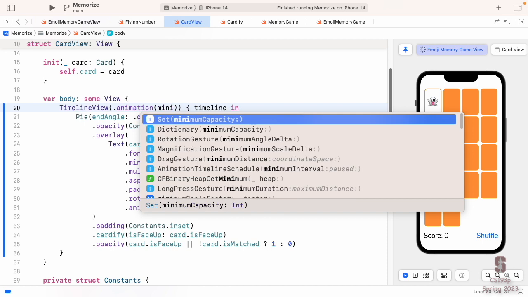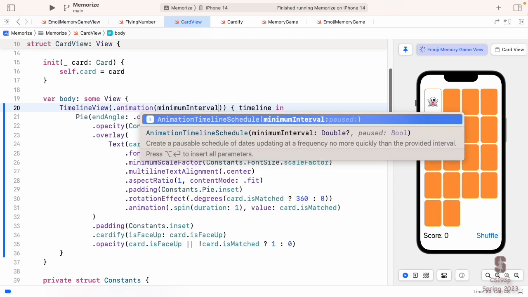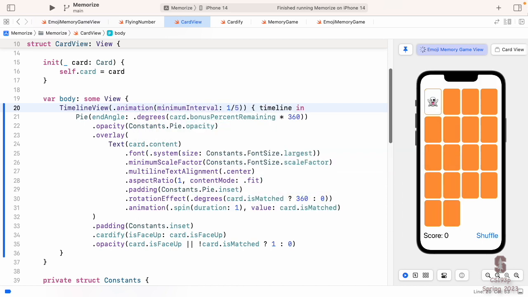You can say minimum interval, for example, let's say 1/5 of a second. Now when we click, see how it's kind of chunking? Every 1/5 of a second it's doing it, which is nice. That's going to use less of your battery, essentially in your phone. We haven't really talked about performance and all that. Really using a lot of CPU, forget that. You're using the user's battery.